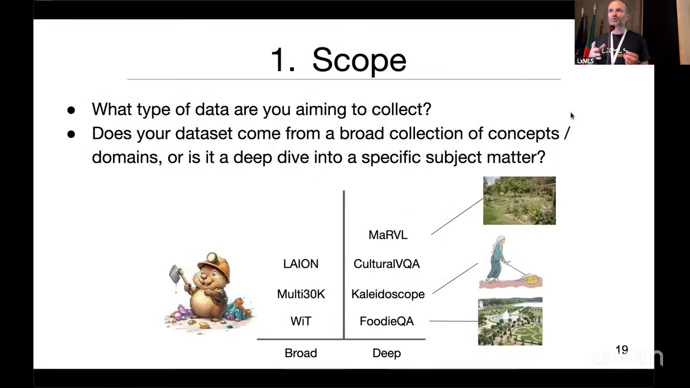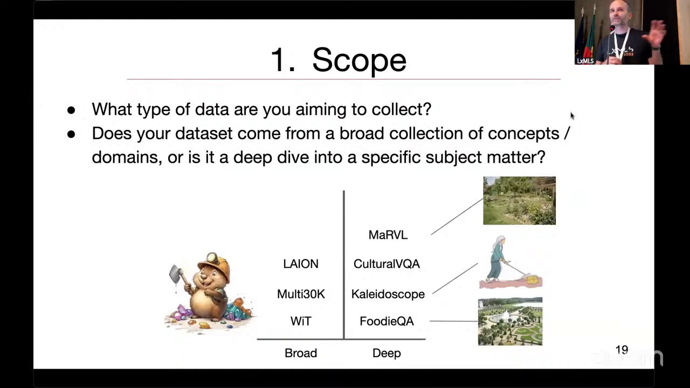In terms of scope, if you want to collect or to try to understand the data set you're working with, you could think about what type of data were they trying to collect? Does it come from a broad collection of concepts or domains, or is it a very deep dive into a narrow and specific idea? So things like the LAION dataset or the Wikipedia image text dataset, these are really broad scope in terms of what they have in them. LAION hoovers up the internet from WARC files,